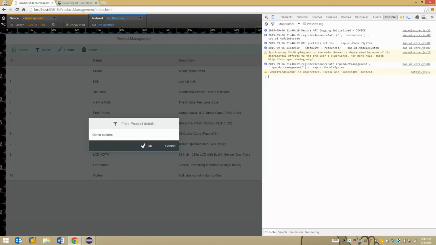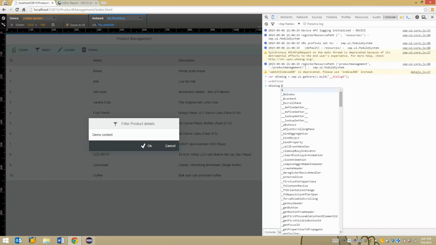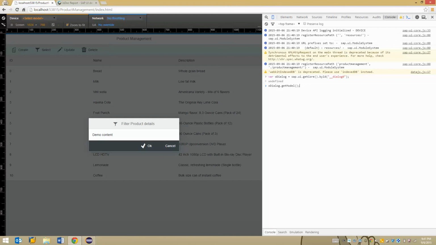I'm going to the console, sap.ui.getCore().byId("dialog"). So variable oDialog is equal to oDialog.getModel("product"), product is the name that I have associated with the model. So now you can see that the product model is also being applied to the dialog control as well. That is because I have added this as a dependent to the view. So you can just uncomment it, and you can just check whether you are able to still receive the model